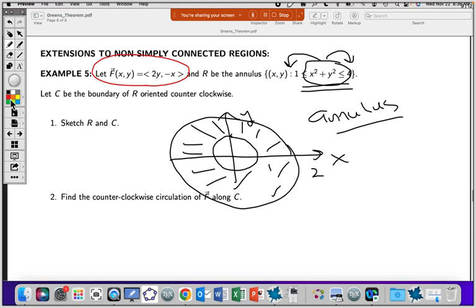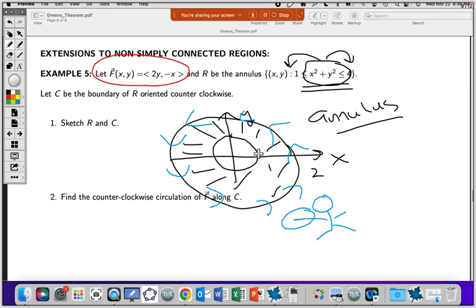counterclockwise. So once again, I imagine as I'm walking along R, I need my left hand to be sticking inside the region. So on the outer circle here, the circle of radius 2, counterclockwise means as we would expect it to be. So if you imagine walking along here, your left hand would be sticking inside. But when I move into here